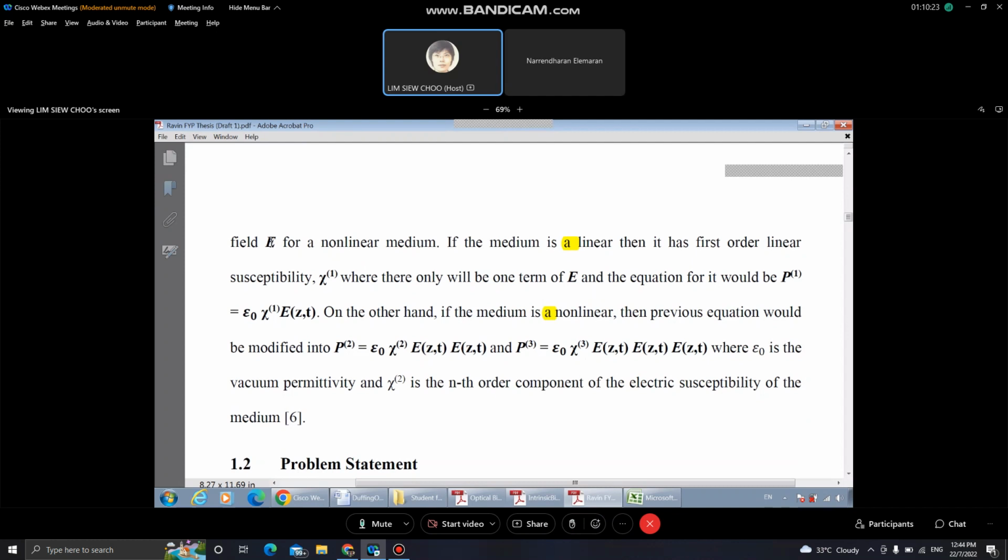And when you write the E in boldface here, you can see what I mentioned here. The E here, the boldface means vector, right? Is it a vector? So you better not write boldface if it is not a vector.